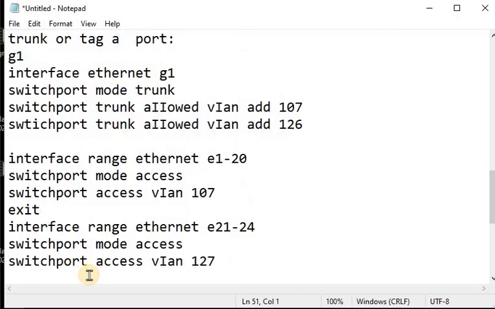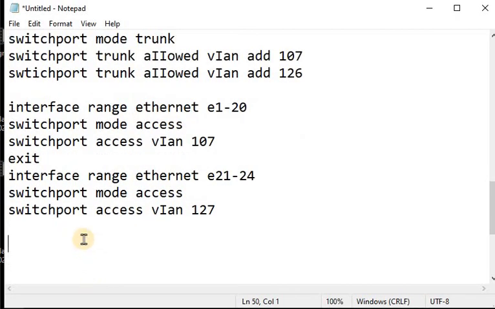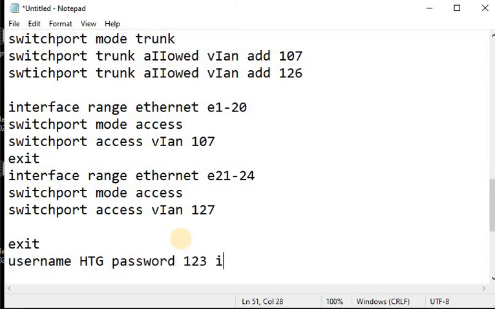Next, if you want to delete or create a username, you will exit and you must be in configuration mode. Then you will type username. I say it is HTG, Java Technical Guru. Password, you will use a complicated password. Then you are to type level.